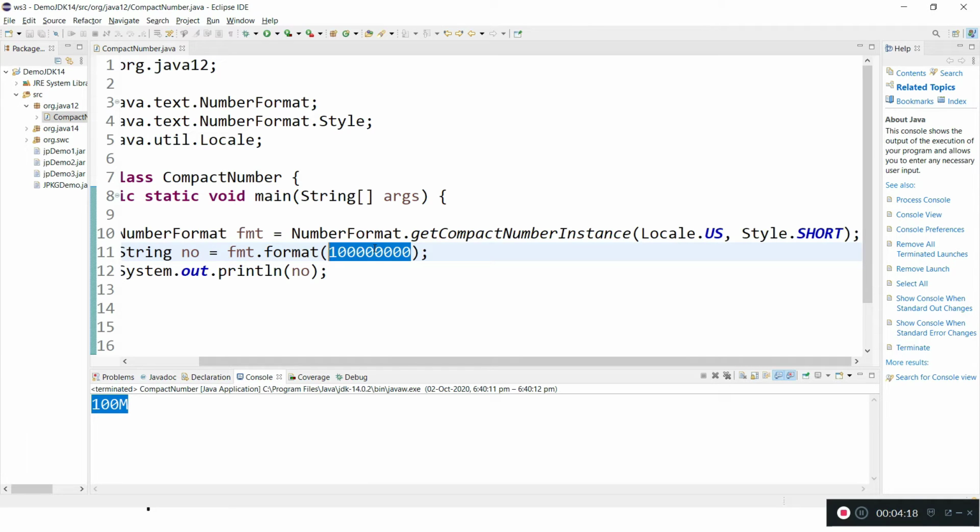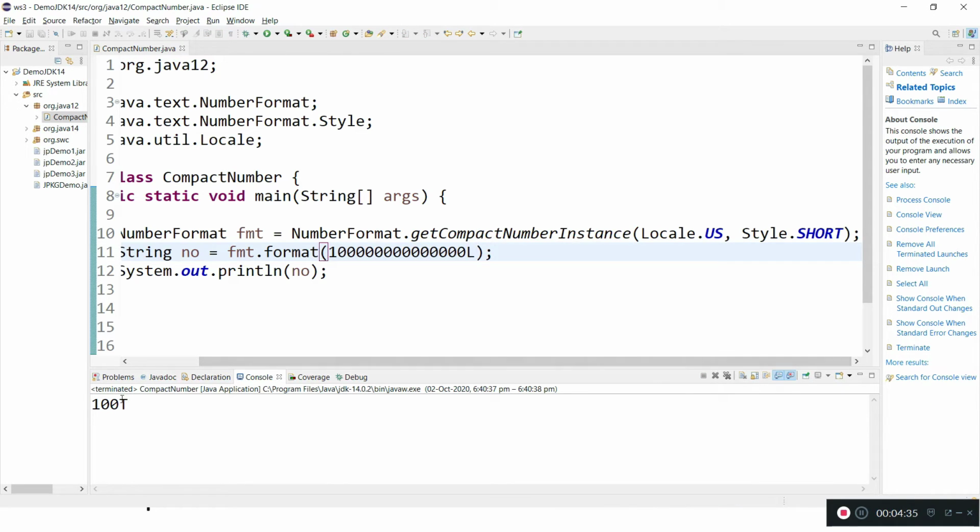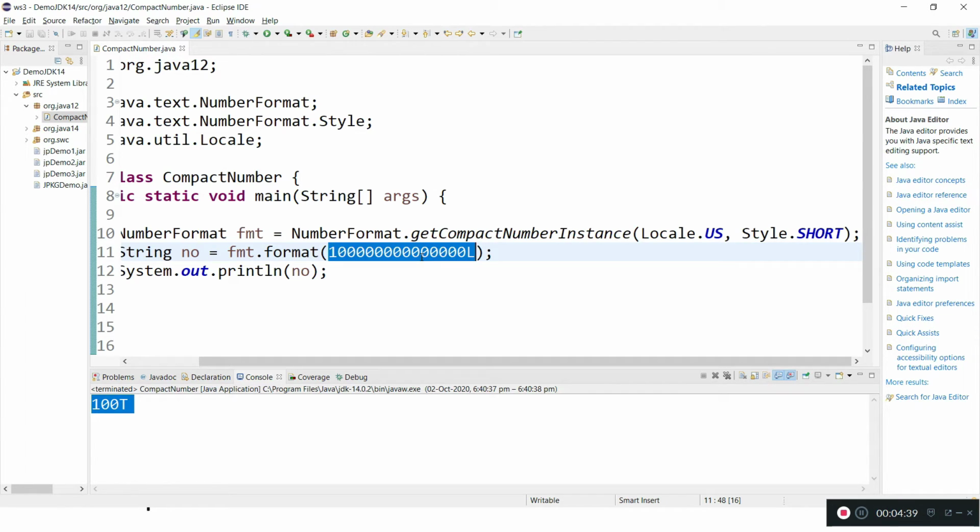You can give some more big number, but it is out of int range, so it is giving an error. In this case we have to go for long, and we'll see the type. See, 100 trillion. This is very easy to read, but here it is difficult to count the zeros and the length of this number.